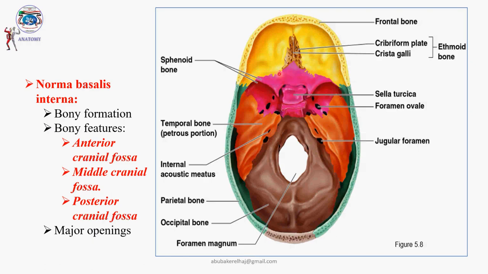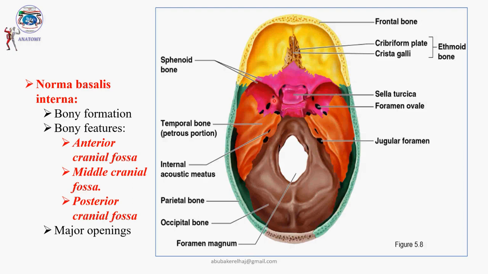On the posterior aspect, this is related to the sphenoid bone. This is the base of the sphenoid bone, and here we have the lesser wing of the sphenoid bone. In the middle part we have the body of the sphenoid bone, and there is a depression in this area which is called the sella turcica, and in this sella turcica we have another depression related to the pituitary gland. Then deep to this area we have the optic foramen, or the optic opening, related to the optic nerve, and it transmits the optic nerve from the cranial to the extracranial